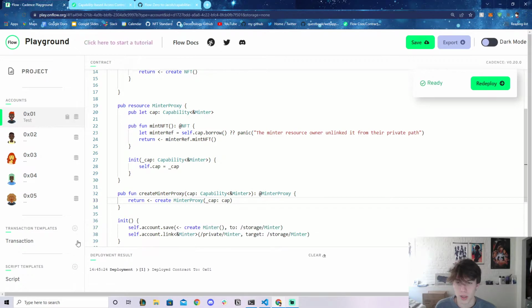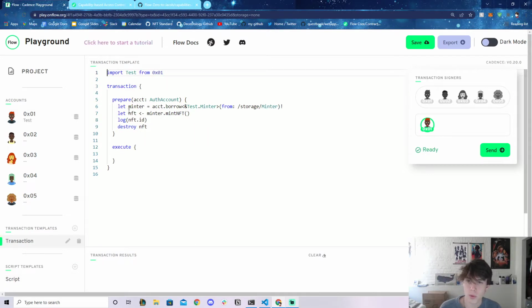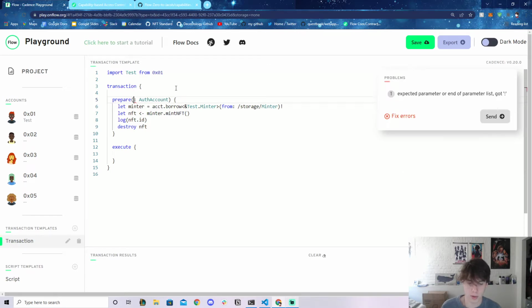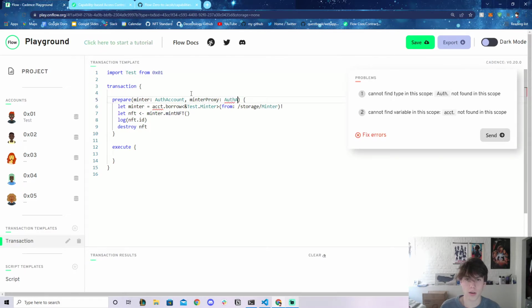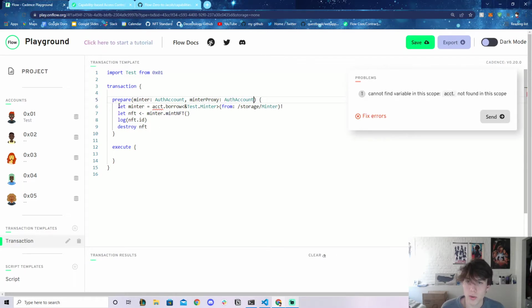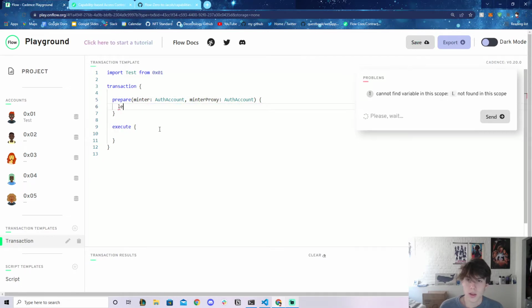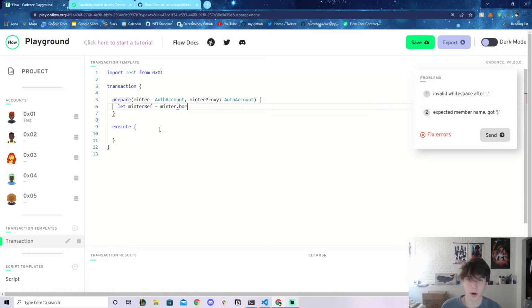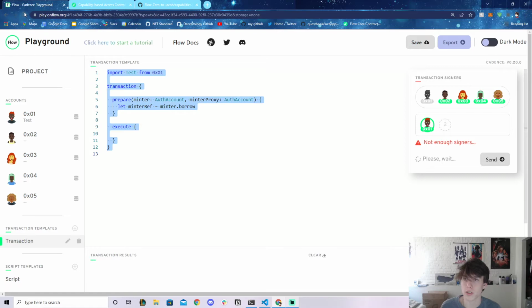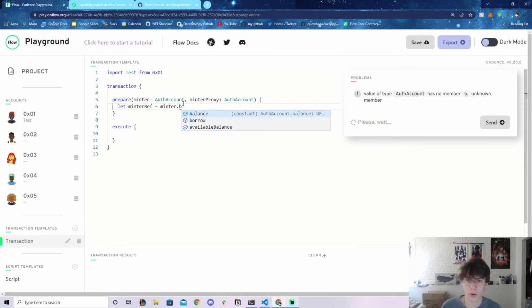Boom, it's deployed. And now inside of a transaction, what we can do is we can have two signers here. So let's say this is the minter, and then the next account is going to be the minter proxy. It's going to be an auth account like that. So what we can do is we can say let minterRef equals minter dot borrow. Actually, let me refresh this so that we get autocomplete. So minter dot borrow